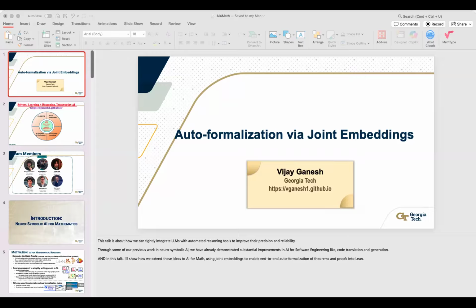So people, of course, have built, in the last 2 years, there's been massive activity in this space. There have been many tools that have been built, like AlphaProof and AlphaGeometry, some of the more famous ones that can do problem solving. DeepSeek Prover is another one, and so on and so forth, right? But my focus is to build an ecosystem for AI for math, which is open source, which can be used